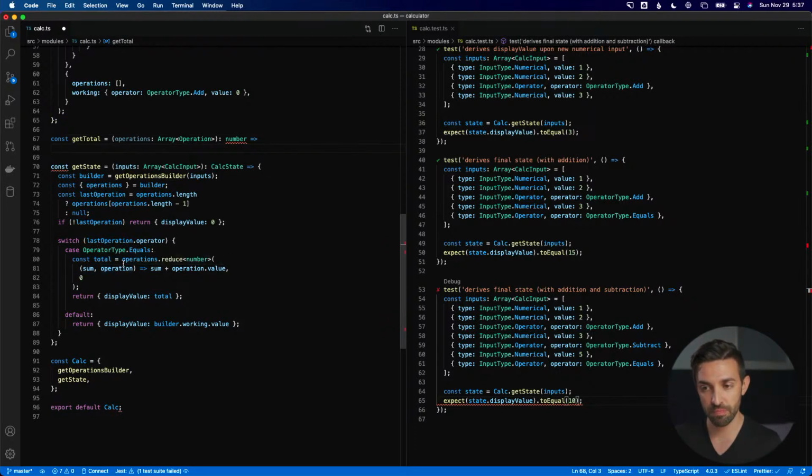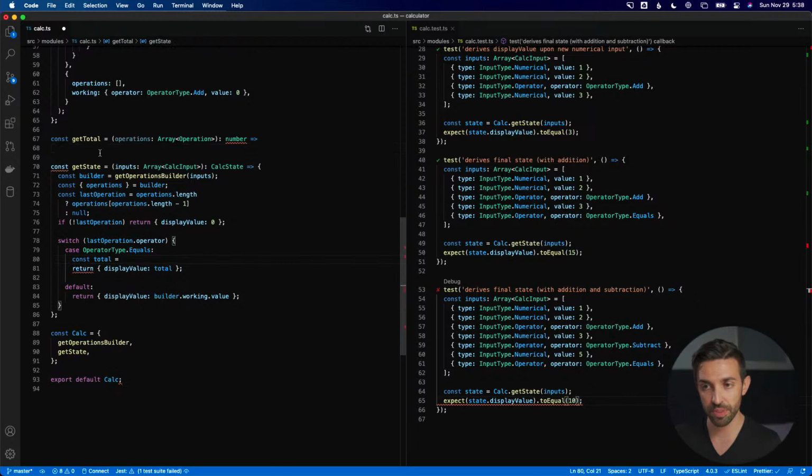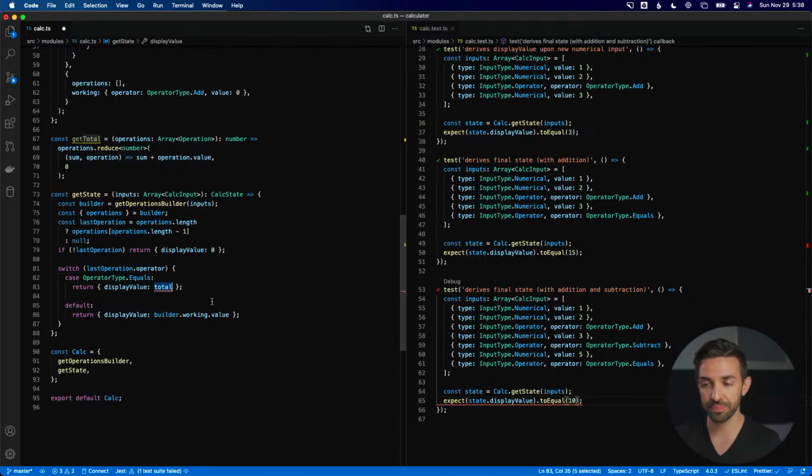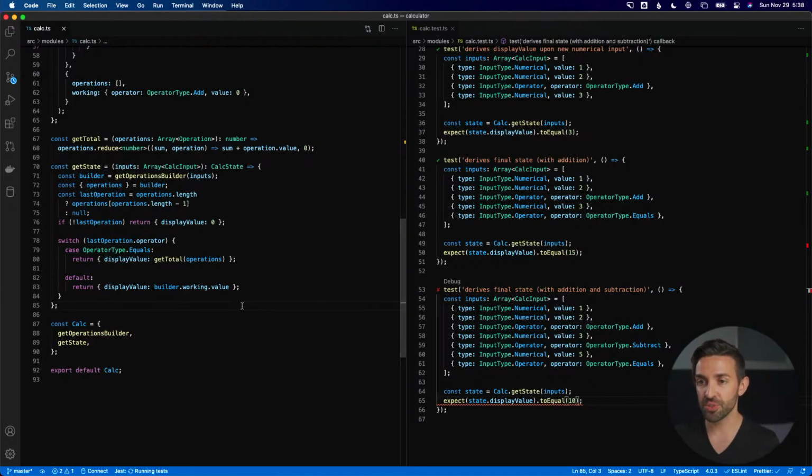So essentially, we're gonna start with this. That's our very simplified version. Let's say get total of operations. Okay, there we go. This is looking a little cleaner. If we just save that, everything should work as it did before, but we still have this failing test